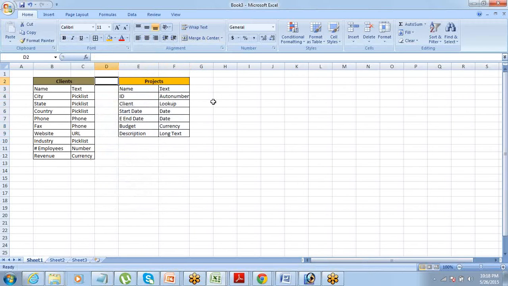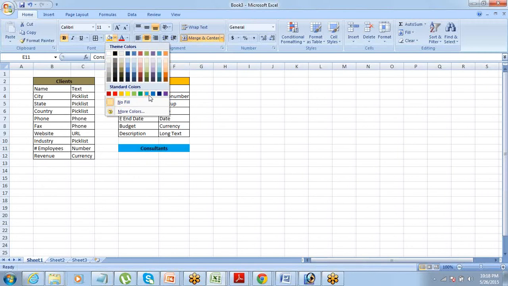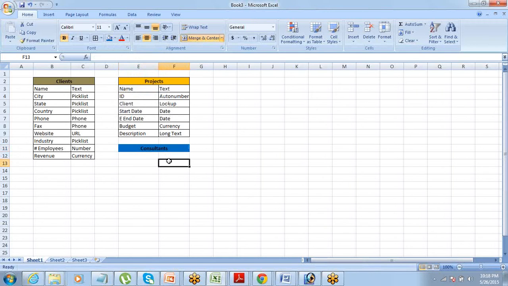Okay, so I have two objects now, clients and projects. Third object that I need is consultants. So let's go ahead. I want you to do it again, the same activity. I want you to do it again after this session. Spend some time, do this activity so that you also understand how I'm doing and what I exactly am doing and all that stuff, right? It might seem very simple, but the more we think on these lines, the more fluent we are with this. It will help us become better developers or business analysts, whatever we want to be, right?